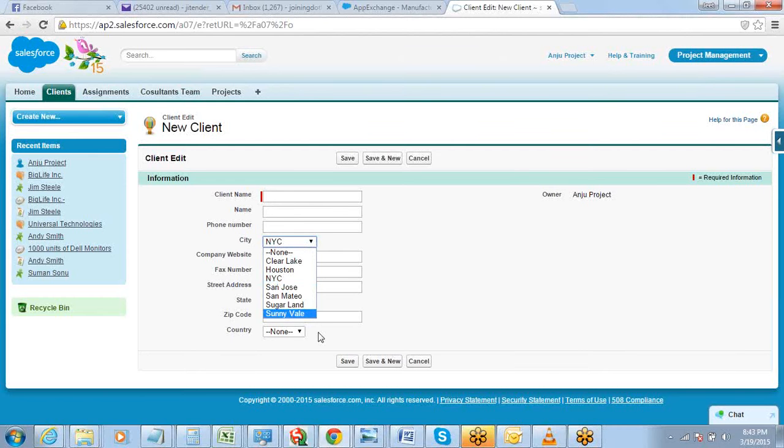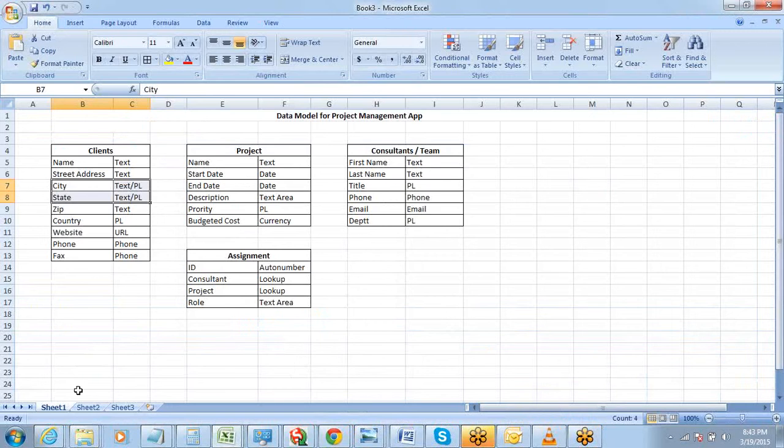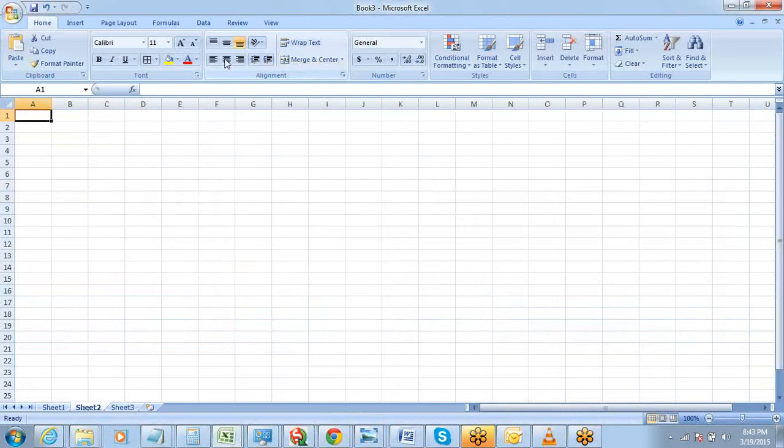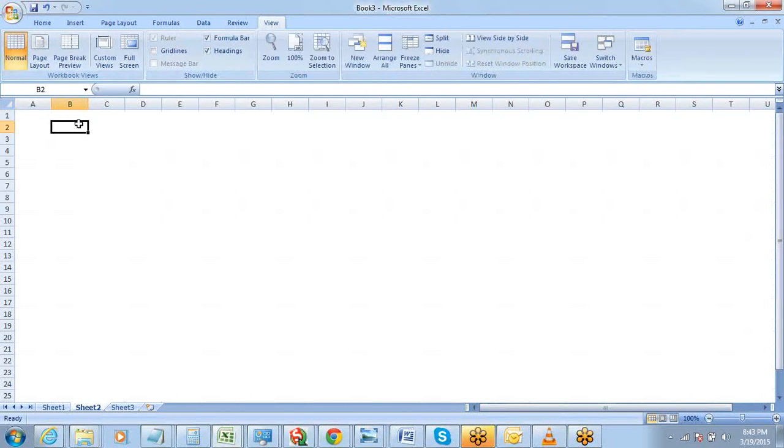So what we need here is a dependent pick list, which means make the state pick list dependent on country, so that if someone selects a particular country, he should only have the options of the states under that country to be selected for state.